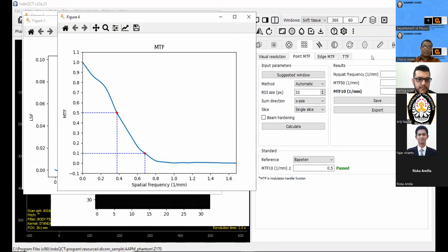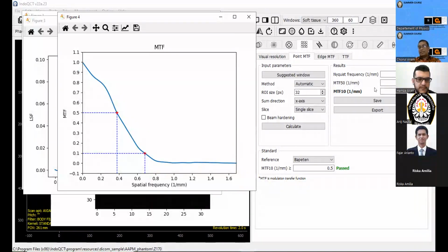The exact value in this one is 0.68. And of course, our result is bigger than the standard, because the standard is 0.5. So our conclusion is passed.